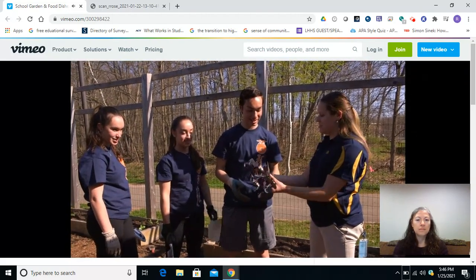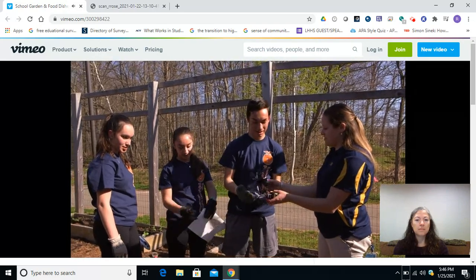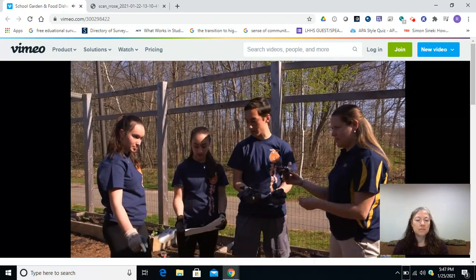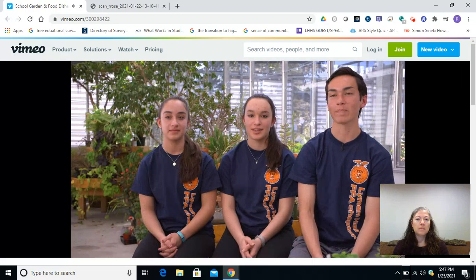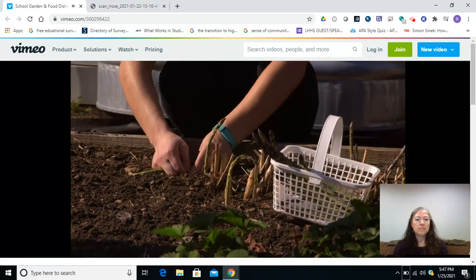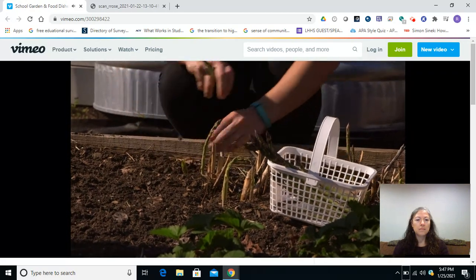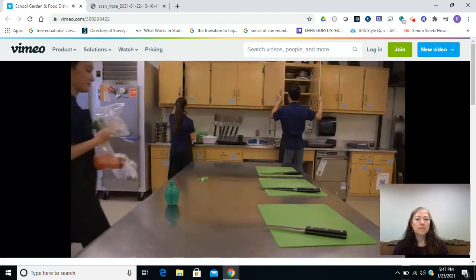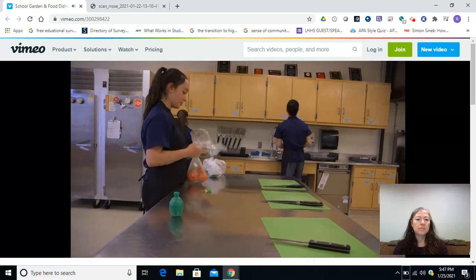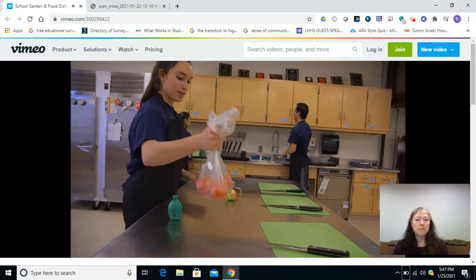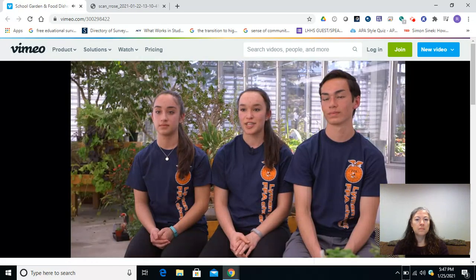Within this SAE, we have further developed employability skills, including cooperation and teamwork, as we have to work together on this. And in regards to technical skills, we are able to identify various crops and weeds. This SAE affects my future because I learned skills such as teamwork and cooperation, and I want to be a doctor, so I can use those skills when I work with my clients or with coworkers.